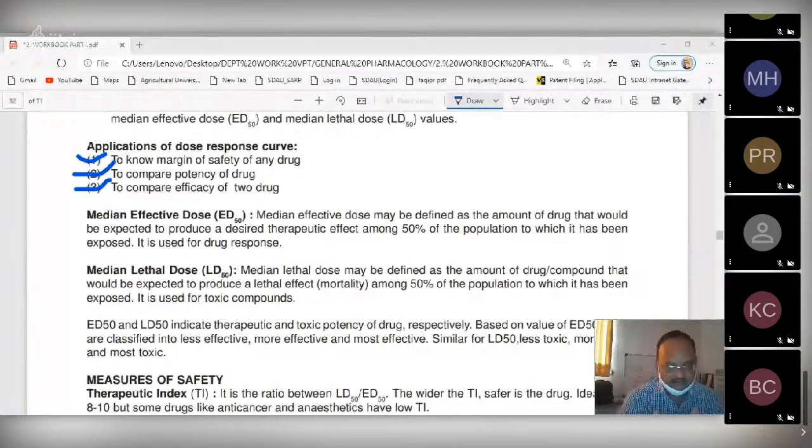Now, the similar definition is the median lethal dose, which is used mostly for toxicological purposes. Median lethal dose, again, is a statistically derived dose. It can be defined as the dose of the drug that produces 50% mortality in the population exposed to that particular drug. That means if you give a higher dose of paracetamol to 100 individual rats or mice or animals,